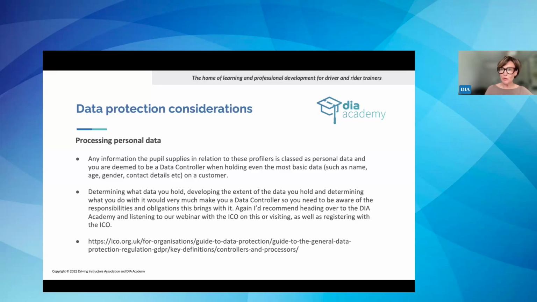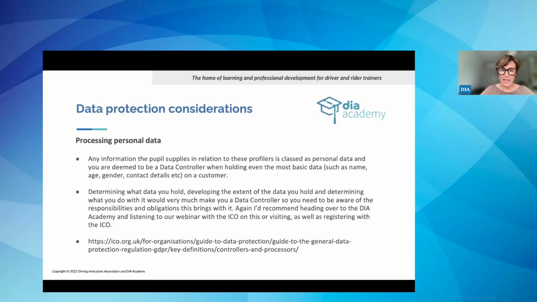So you need to be aware of your responsibilities and obligations that this brings with it. So this is why we'd recommend you head over to DIA Academy and listen to the webinar that we have on the ICO, the Information Commissioner's Office, or visit the ICO's website, read the information and advice that's on there, but register with the ICO as well. I think it's about, is it still about 35, may have gone up with inflation, £40 a year. It's like 40, 50-ish around. Yeah. And that's an important piece in this jigsaw puzzle of showing that you are a responsible business owner and operator.